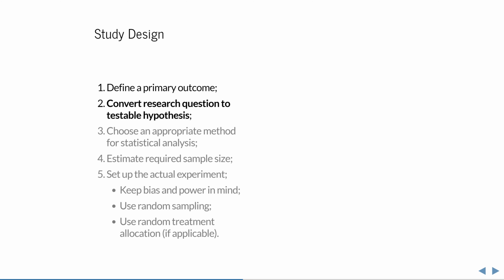Once you've written down what the primary outcome is, the next step is to convert your research question into a testable hypothesis. To address a scientific problem, the research question must be converted into something that can be expressed in numbers, or a simple yes or no. When you ask whether men are taller than women, there is ambiguity. Do you mean to ask whether all men are taller than all women? Or that men have a larger maximum height than women? Or do you perhaps mean that, on average, men are taller than women?